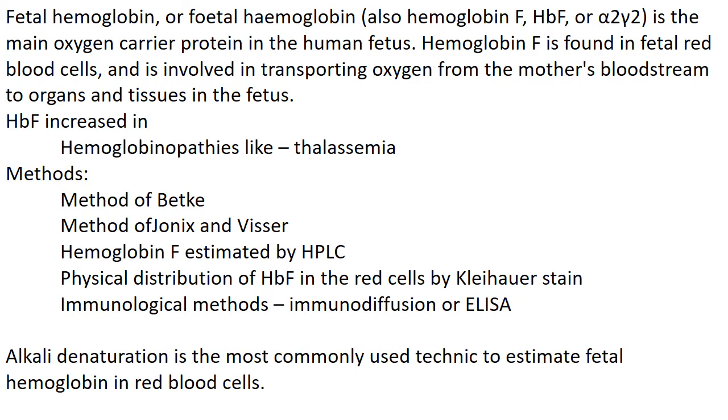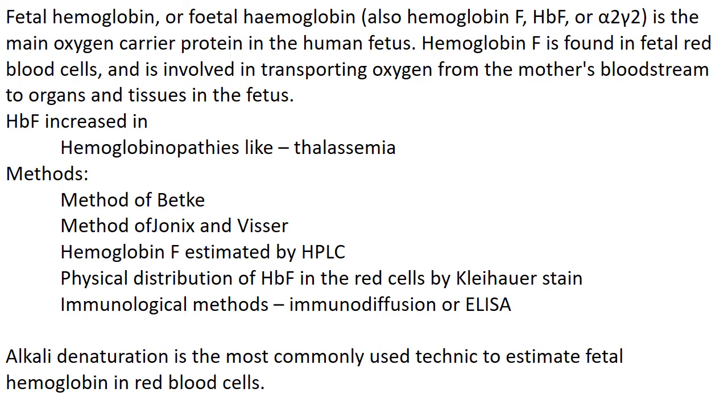So hemoglobin F is increased in hemoglobinopathies like thalassemia. There I have told there is a defect in beta chain synthesis. So what happens when there is a defect in adult hemoglobin, automatically the other hemoglobin starts increasing. So hemoglobin F production will be more, and its concentration increases in the blood.